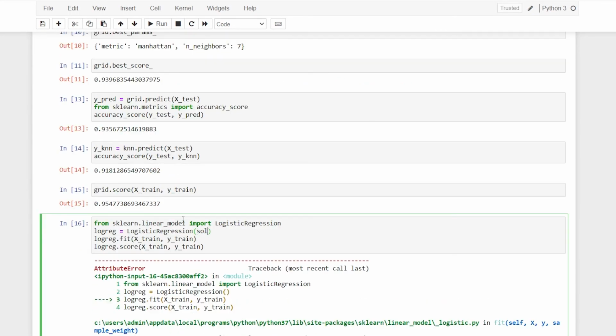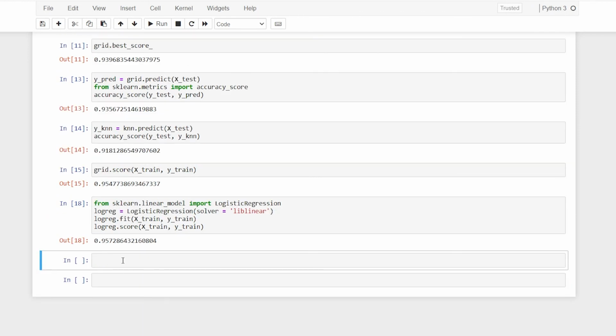So you have to say solver is equal to, alright, and we have it. So it says 95%. Now I'm going to give it to the grid logistic, or let's say LR, which is logistic regression, and then I can say grid, and it is going to take the GridSearchCV, and in this it is going to take the model. So I can say logreg.